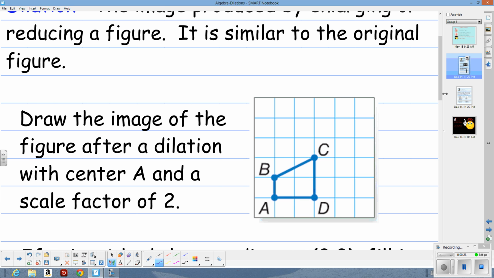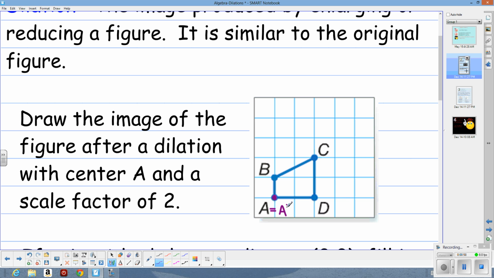Draw the image of the figure after a dilation with center A and a scale factor of 2. If it has a center A, that just means that's the point from which it's going to get 2 times as big. Sort of think of it as if you were to stick a straw right here, it's going to expand out from that point. A is going to stay there, but all these side lengths are going to get 2 times as big. So if it has center A, that means our image, A prime, is going to